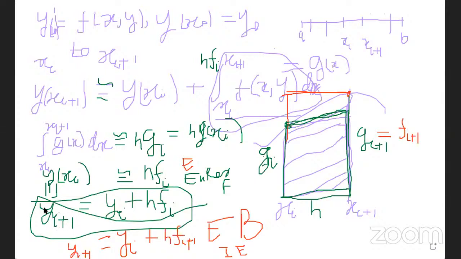If you look at the first formula, y i plus 1 is given explicitly because the previous value is known to us. y i is known to us, and f at